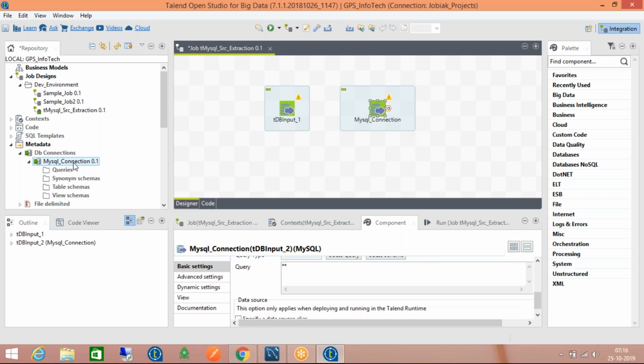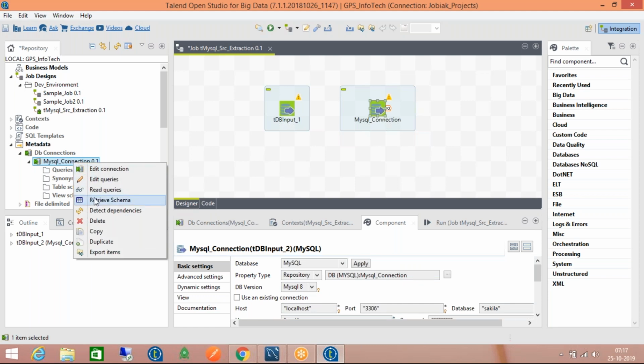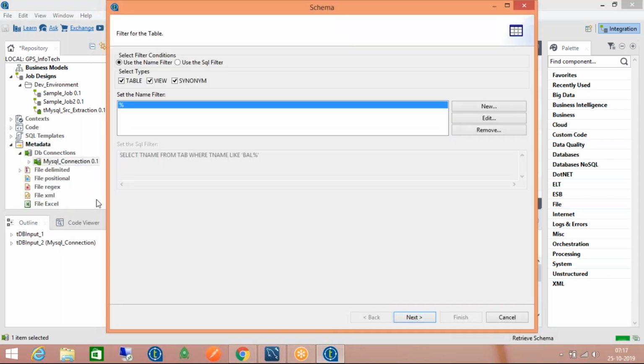So again, I don't want to provide even the schema, so I just want to retrieve it from here. What I need to do is right click on this, then just go to the retrieve. This one shows up the same thing, like the percentage is nothing but how we just take up the